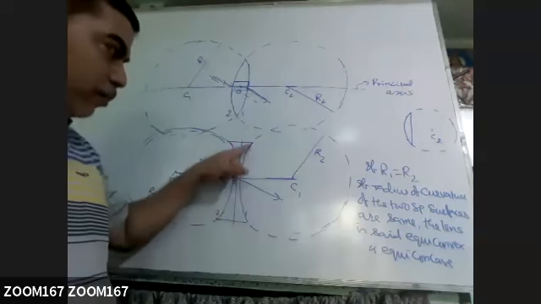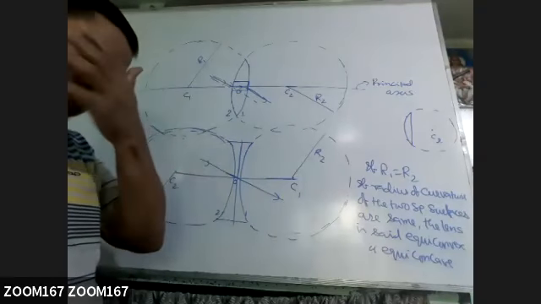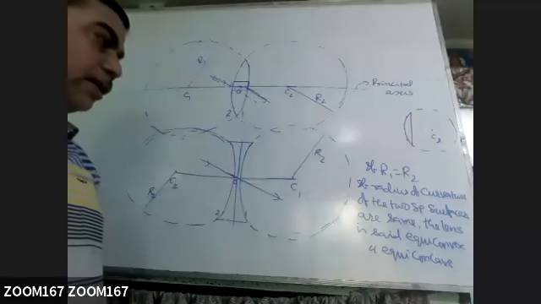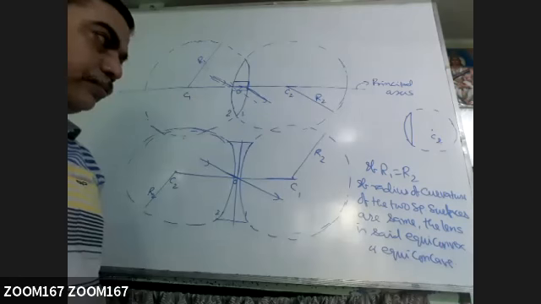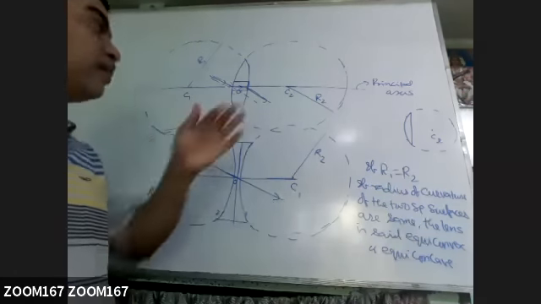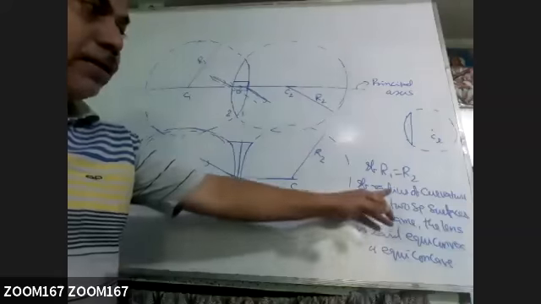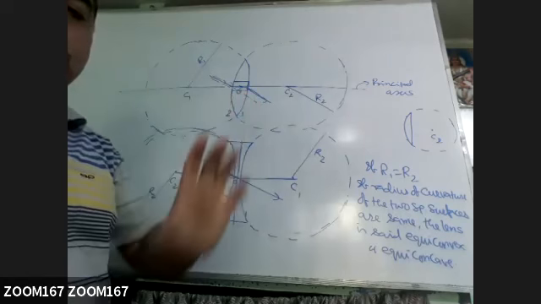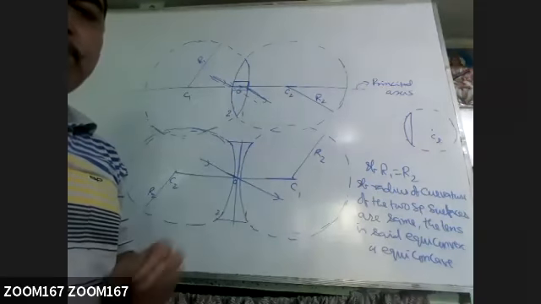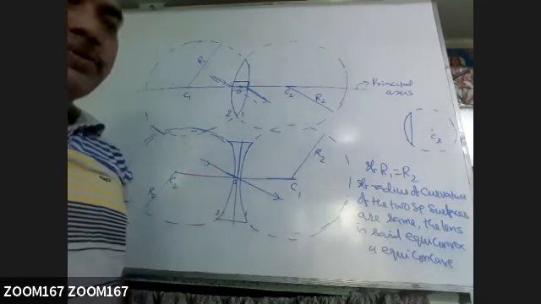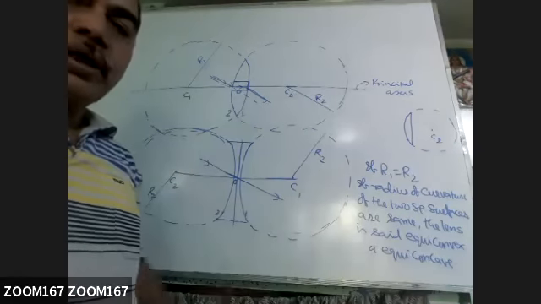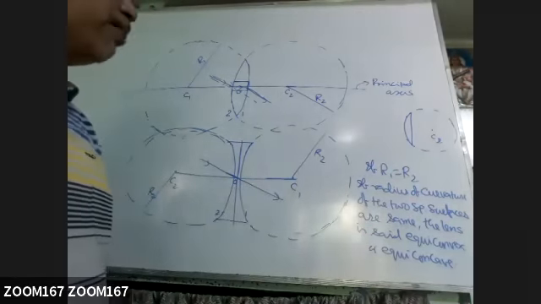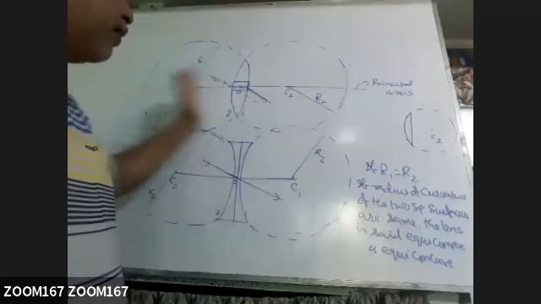Biconcave means both the surfaces are bulging in, so that both the surfaces are forming a cave. So that is biconvex or biconcave. But here equiconvex means this surface and this surface have the same radius of curvature. That is, they are parts of equal spheres. So the ray diagram we will draw will be of equiconvex or equiconcave only. That is, the centers of curvature of both sides will be at the same distance.